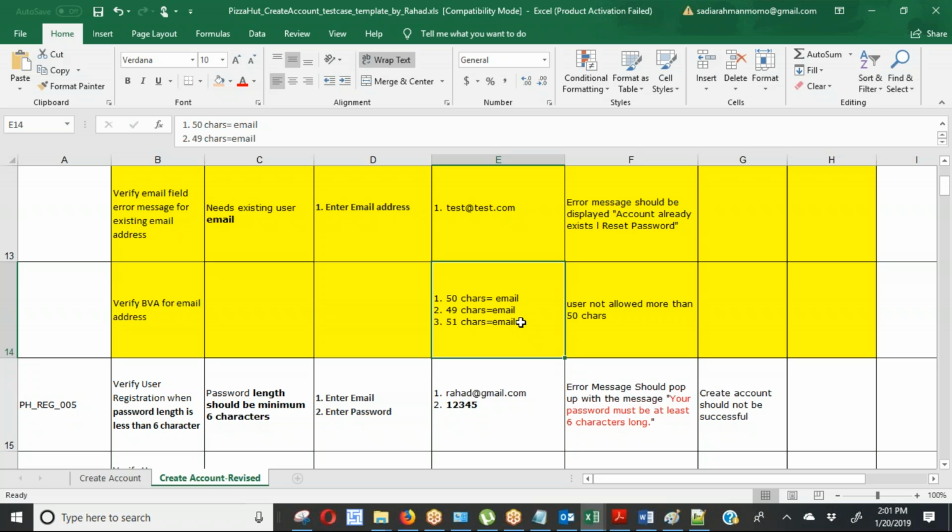It is unnecessary, because if you find out that a minimum is allowed, or a maximum is allowed, then you can write down: this is the test data, this is the 6 characters test data. The expectation is that if I put less than 6, the system should not allow it, but the actual result is the system is allowing less than 6 characters. So that is your expectation. That way you can write down test cases,